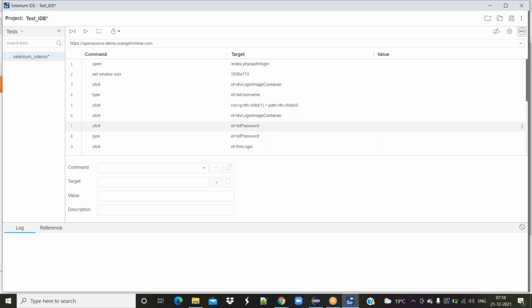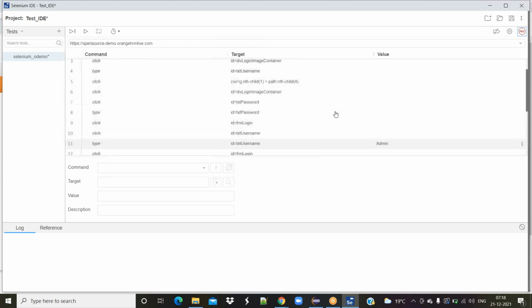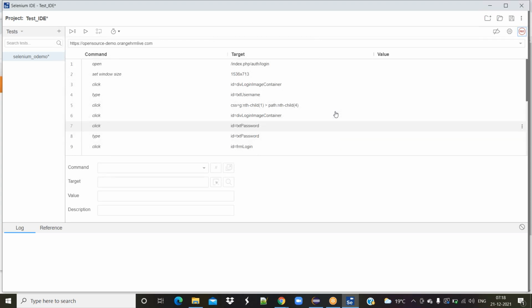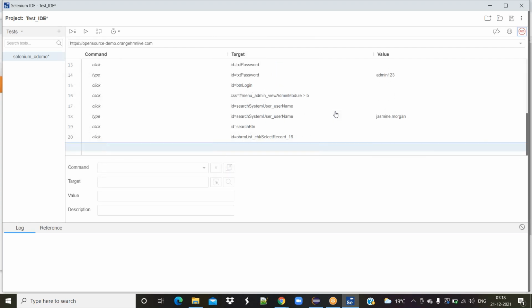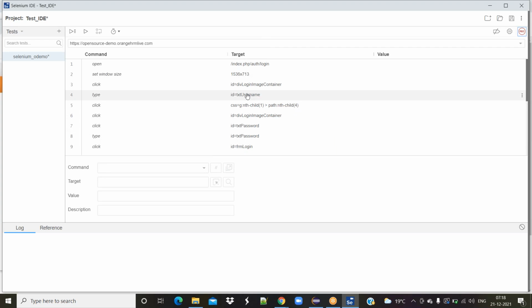So you can see here each and everything is recorded. So why is it recording all these actions here?